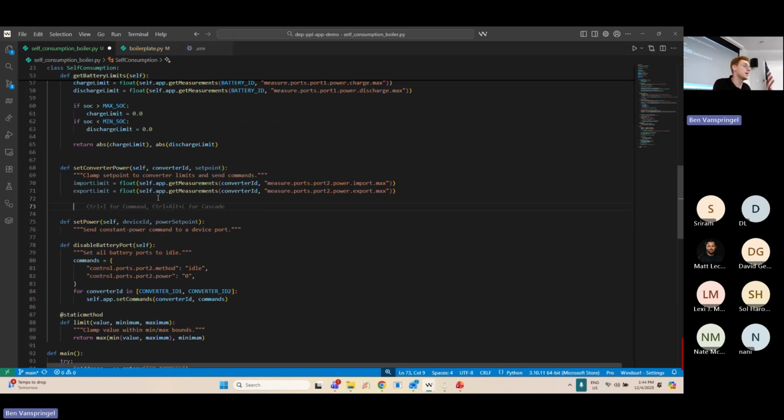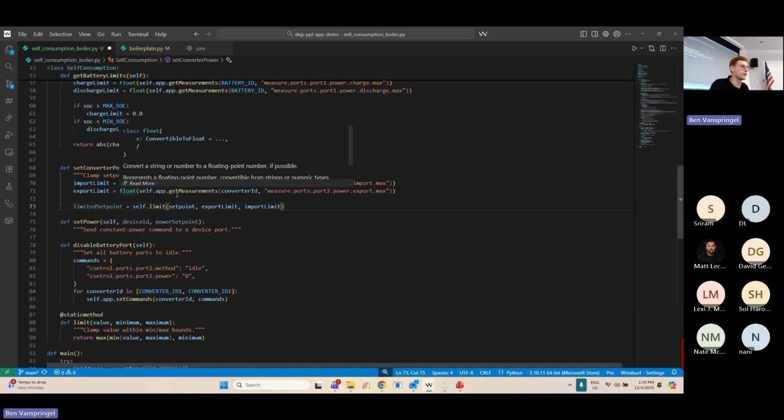Next thing that we want to do is again use that same limit function to limit that power set point to respect the input and output limit of that converter. So again, that limited or clipped set point, let's call it that. It uses a self limit function. We'll type in the set point, because the set point is the one that we actually want to limit. We'll type the export limit as the minimum value. We will type the import limit as our upper value. And in this way,